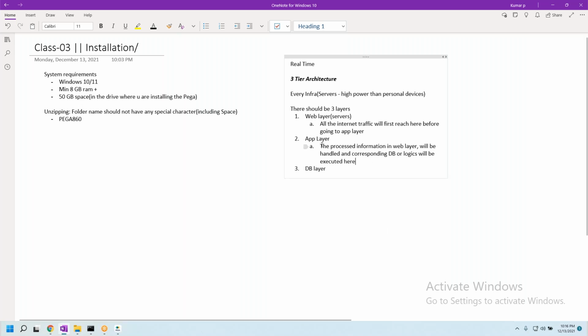So app layer, for any infra, you can consider as the brain. Because the main logic, the main computations, the main complex validations or complex things, whatever it is, are going to be handled in the app layer only.